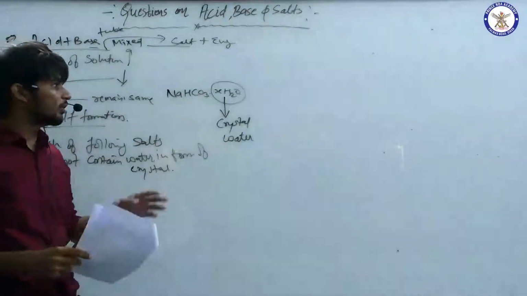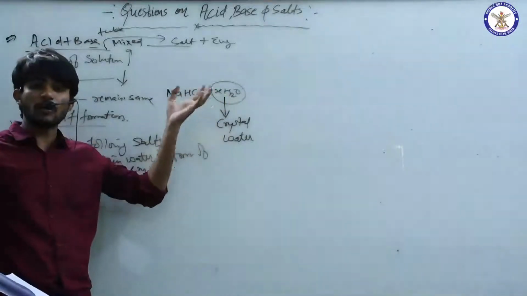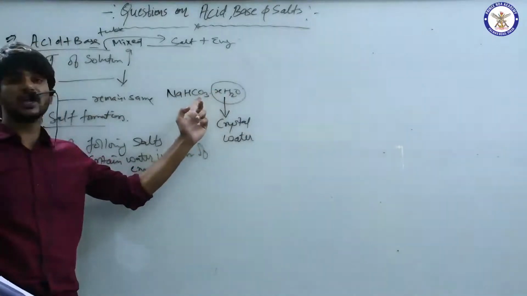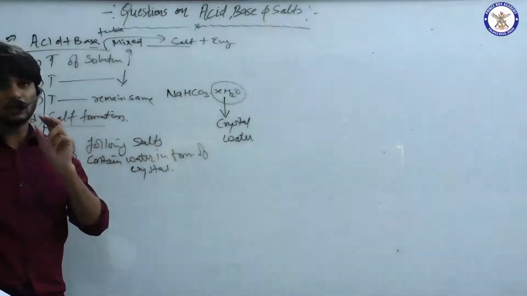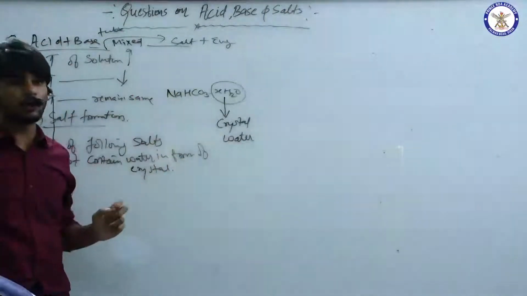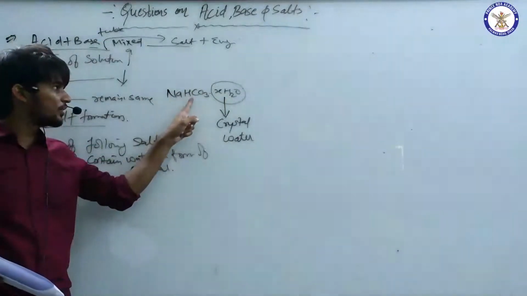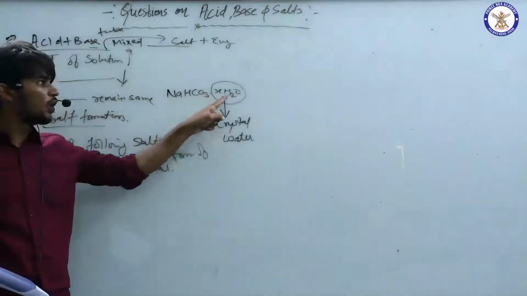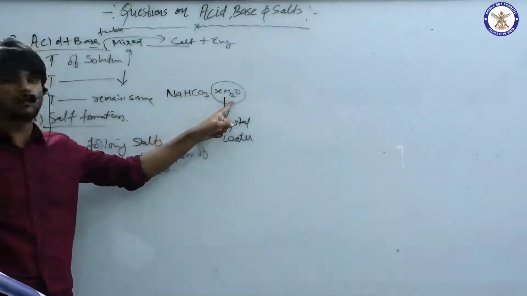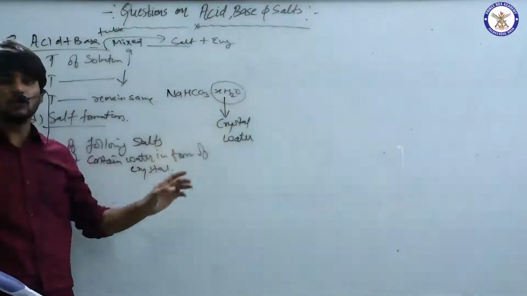If you give heat to this, then these water molecules get evaporated. There is no chemical bonding between the water molecules and this Na2CO3. This is what we call crystal water. If it were a chemical bonding, this would not have been written like this. It would have been written by adding all the atoms together. So this is crystal water. If anything is written like this, dot H2O, dot 10H2O, this is crystal water.